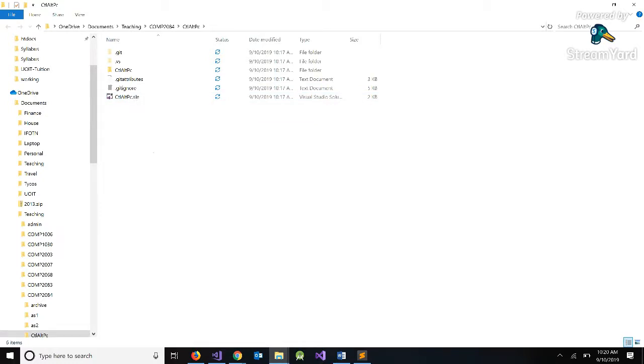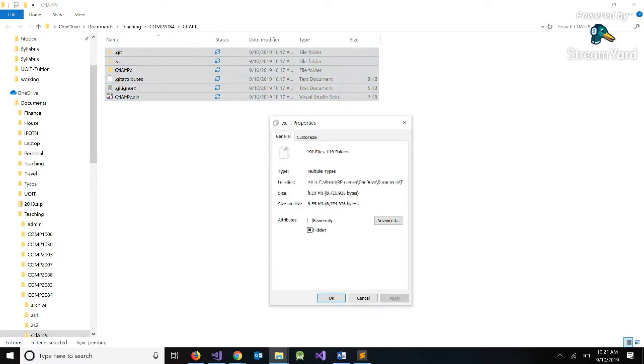Because I checked off Add to Git or Add to Source Control, it created a Git folder and automatically added a Visual Studio specific git ignore file. So all of the standard Visual Studio stuff doesn't have to be included unnecessarily in my repository when I put this on GitHub. This whole thing, if we check it out,